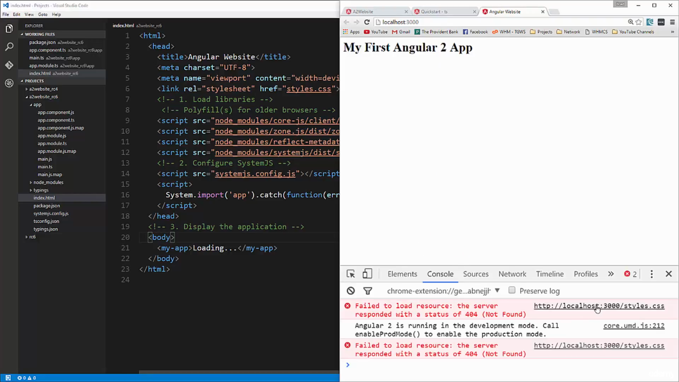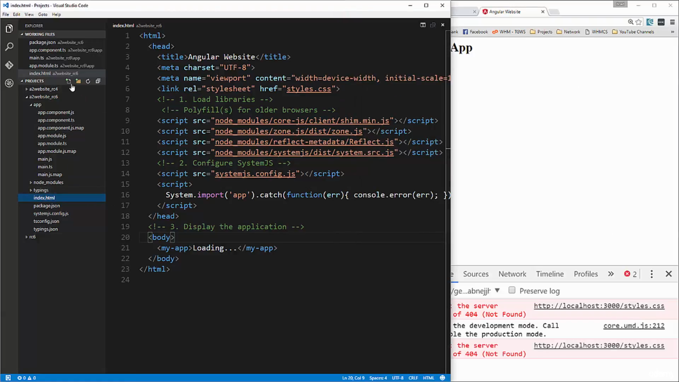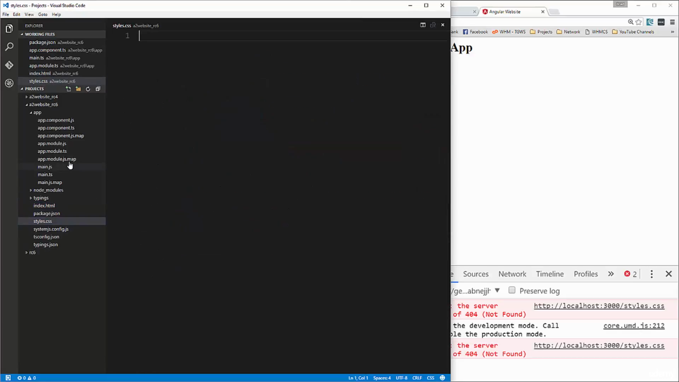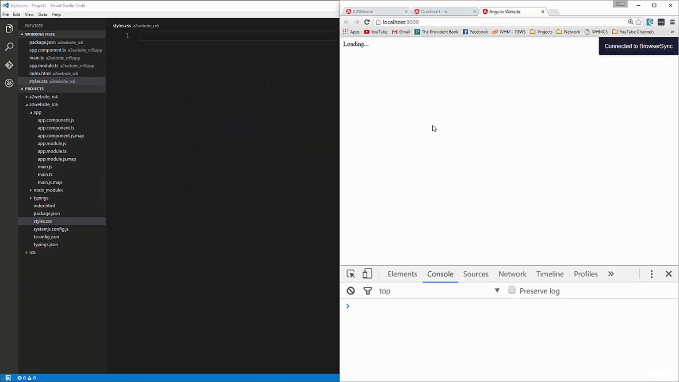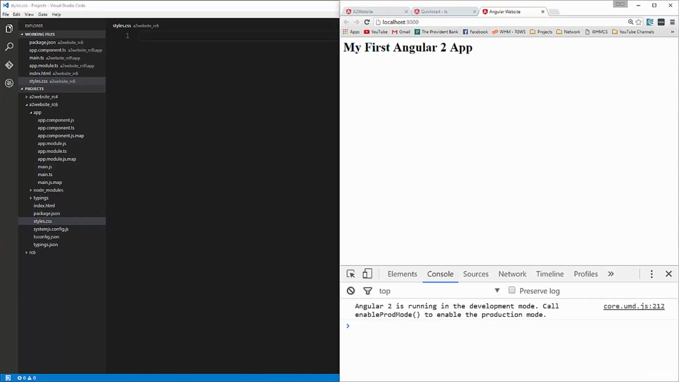It's just telling us that styles.css isn't found, so we can go ahead and create that. In our root, we'll create styles.css, and then that error should go away. Okay? So now what we're going to do is bring over those inner components into our new